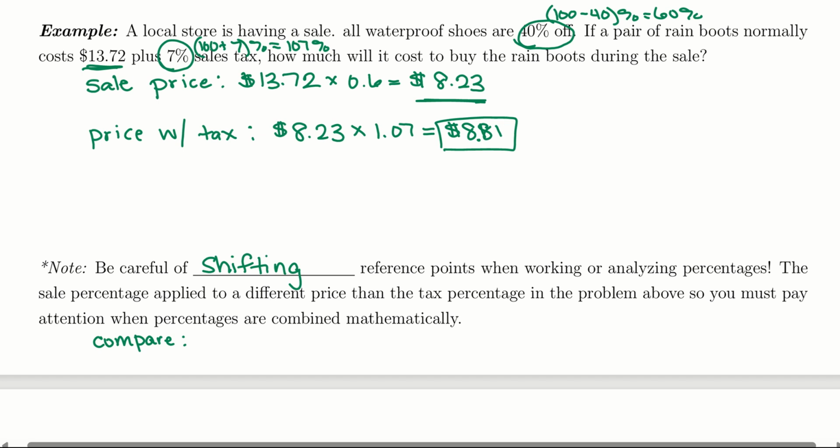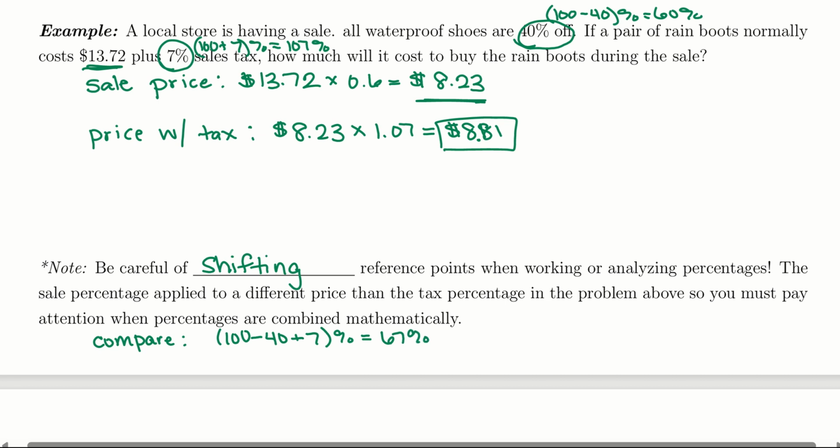So we got a discount of 40%, which we know in our percentages meant we could subtract 40. But then on top of that, we had a sales tax of 7%, which we know tells us we need to add 7% on top of that price. Overall, that gives us a 67% cost